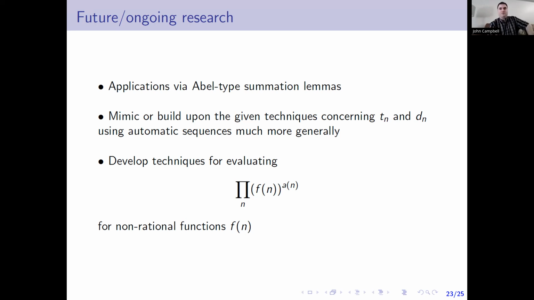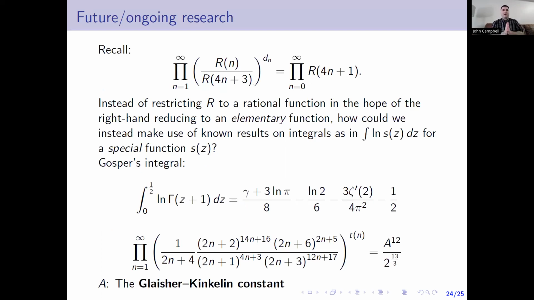So we could consider how the techniques we've been going over could be much more broadly applicable using automatic sequences, or say infinite families of automatic sequences satisfying certain conditions, instead of the specific cases I have been using, given by the 2A sequence and the period doubling sequence. I'm also very interested in further developing techniques for evaluating products of this form for non-rational functions f of n. And this leads me to go over